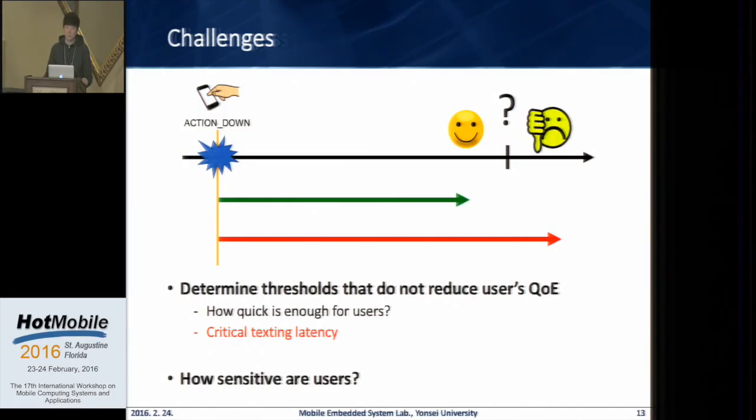Hi, I'm Minong from Rice University. I'm confused by the term texting latency. So can you clarify what is the duration for the texting latency? Find the texting latency from the user